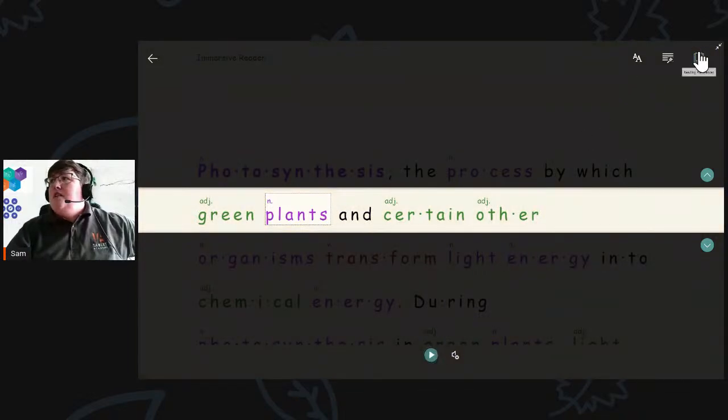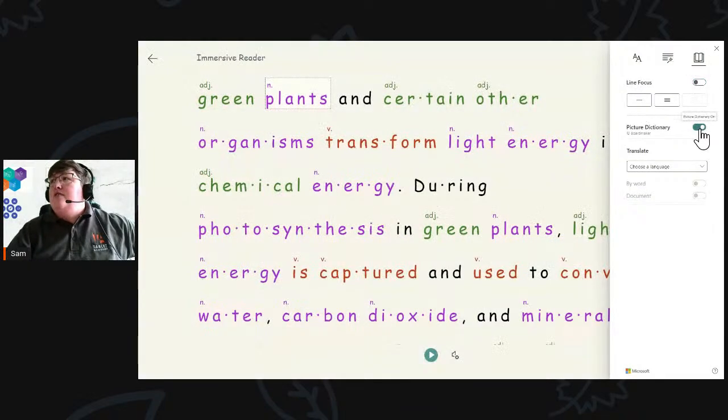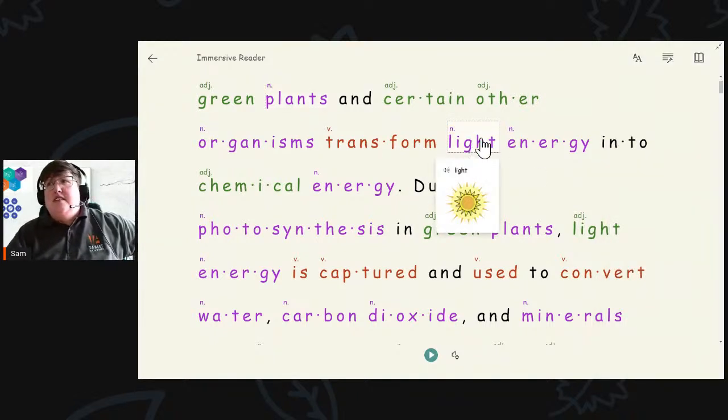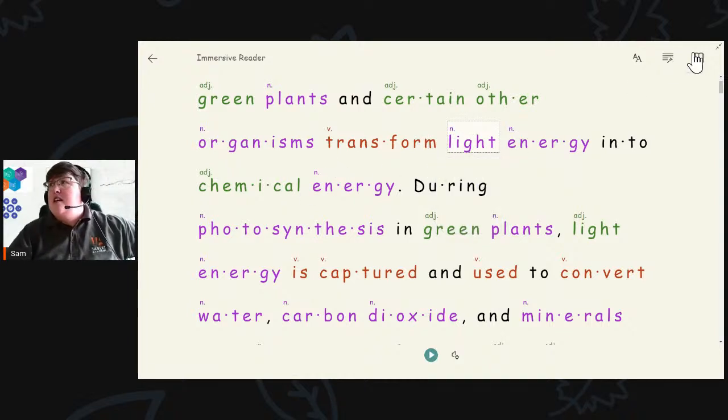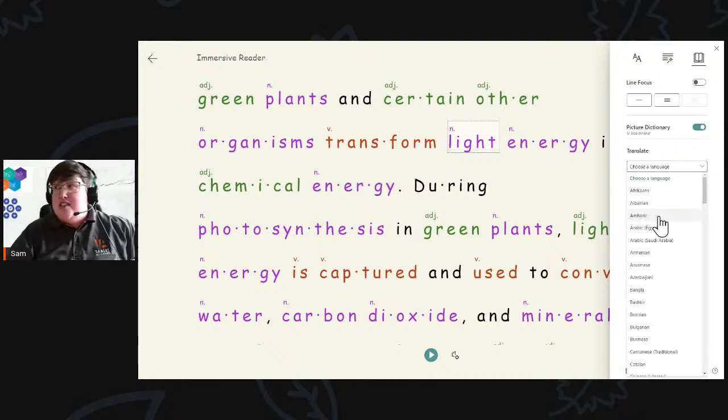Okay. Now, we do also have the picture dictionary, so we can click on different words within the language there. Again, really, really powerful for students that are emerging readers. But then because we can bring in the translate option, and I always do the demo usually using Arabic,